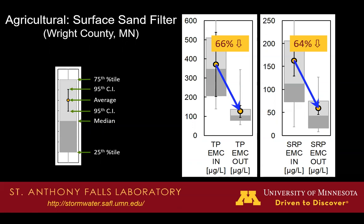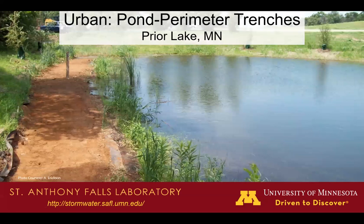So we're meeting our goals. Another urban example is actually a retrofit. So the first two examples I showed are new construction. This is a retrofit concept where you would take an existing wet pond, which you should see on the right side of your slide here, and we install a trench along the perimeter that is an iron enhanced sand,